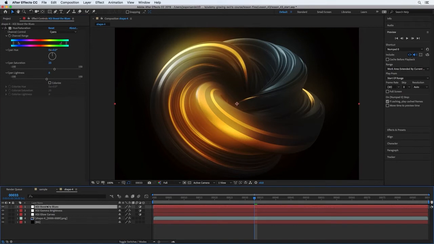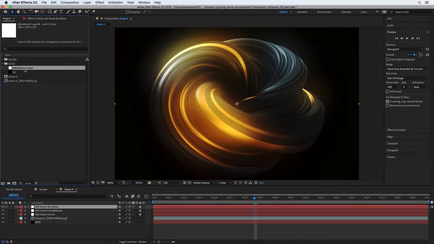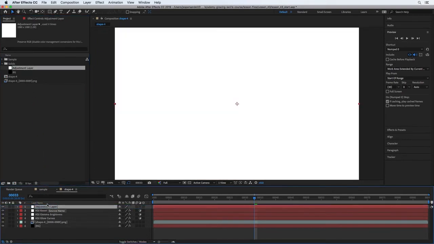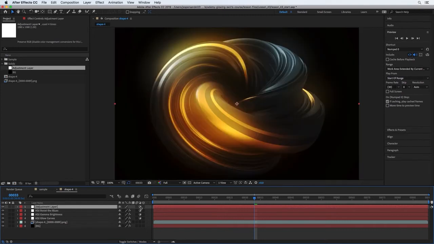Now, on top of this, I'm going to add another effect. I'm going to add a tritone to bring all the colors together. And let me add another adjustment layer. I prefer to add the effects to several different adjustment layers. That way I can turn them on or off, but I can also tone them down by adjusting the opacity of the layer. So let me enable the switch, and then I'm going to call this one ADJ,